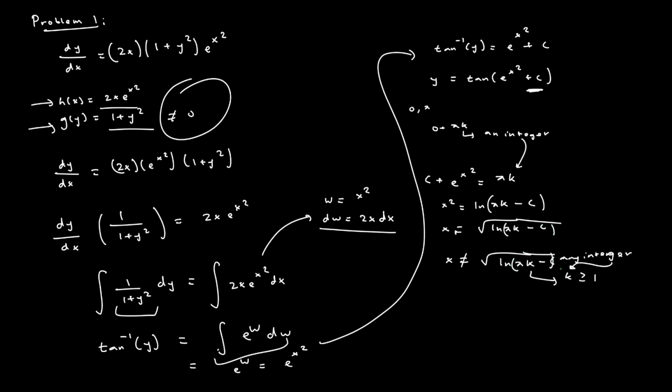And that would mean that pi k minus c is greater than 0, and therefore k is all integers greater than c over pi, not greater than or equal to, because ln does not take the value of 0. So c over pi, and then k is simply any integer